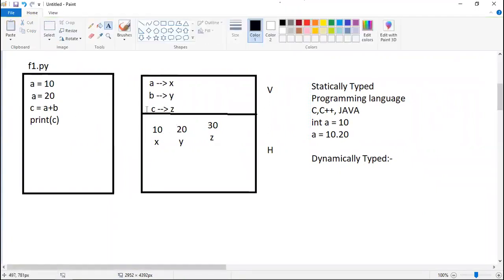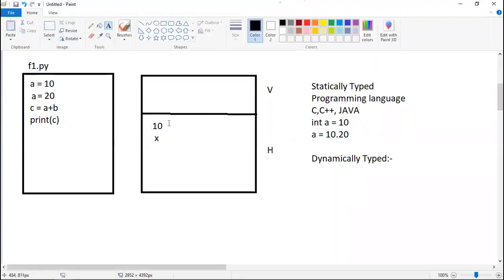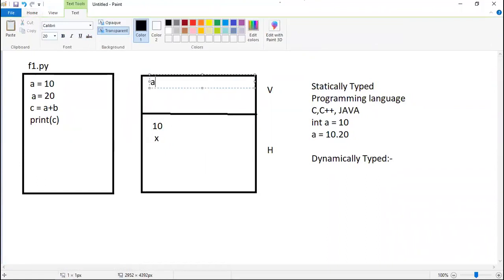In this case, first the 10 object will be created in the heap area, and it will have one ID, let's say X. As of now, A is pointing to X.